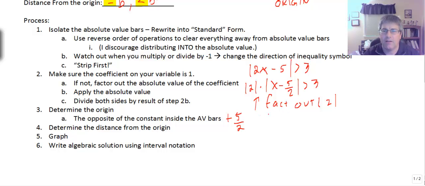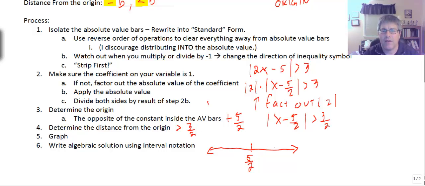Well, if I divided all this by 2, I'd get x minus 5/2 is greater than 3/2. So my distance from the origin in my example here is greater than 3/2. And then we would graph and then write our algebraic solution. So if I were to graph this, where my origin is 5/2, I'll just put that in as 5/2, and my distance is greater than 3/2